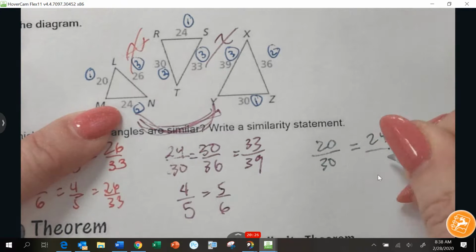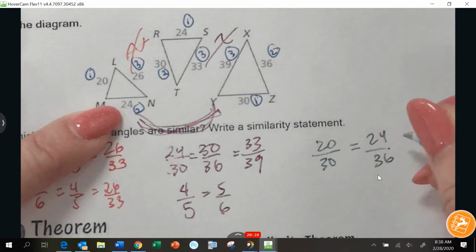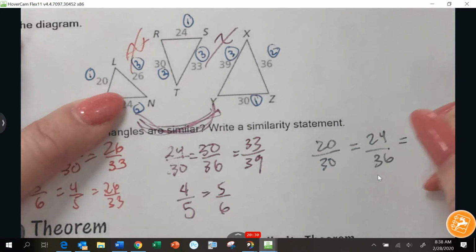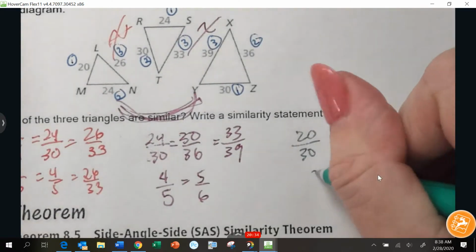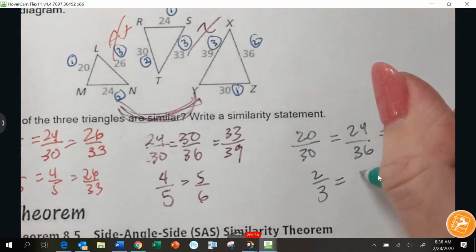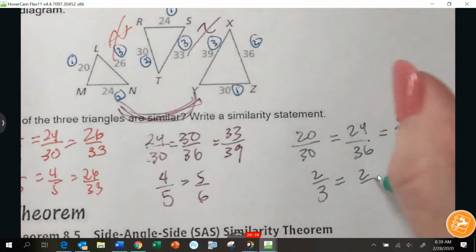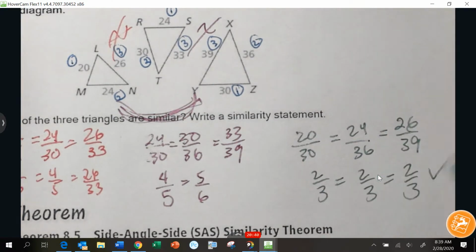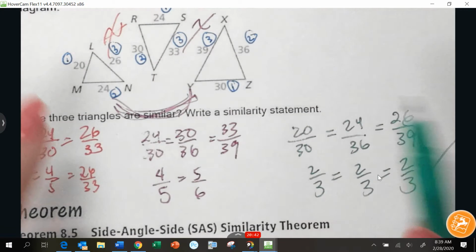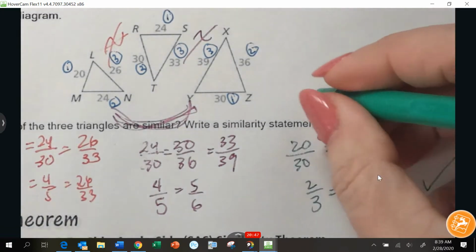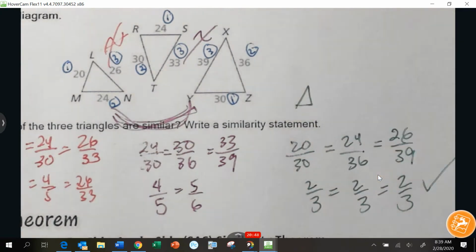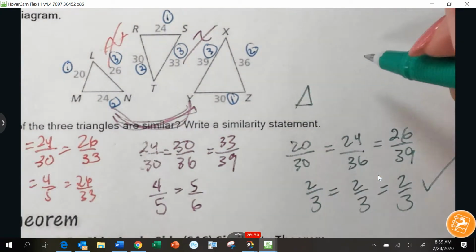24 over 36 and 26 over 39. I reduce those, I get 2/3. 2/3. So I know it's the first triangle and the last triangle. Now we have to write a similarity statement. So the similarity statement is writing which triangle it is. So if I go